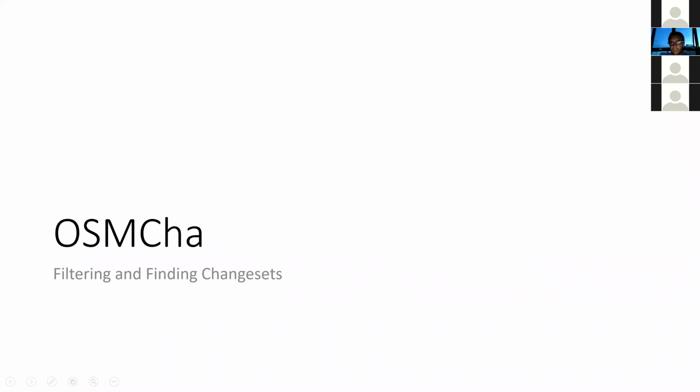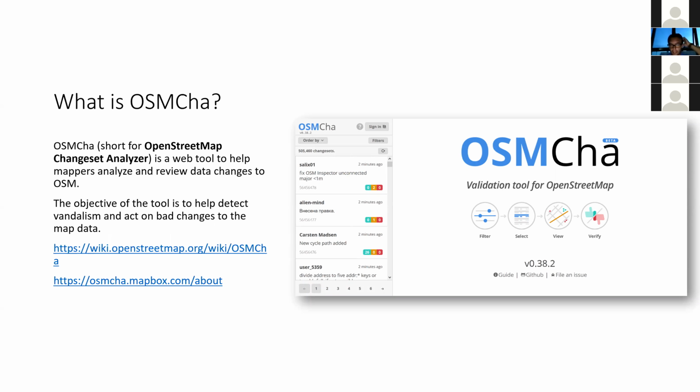So getting into our main topic today, or this evening, is OSMCHA and filtering and finding change sets using that tool. So OSMCHA, what is it? It stands for OpenStreetMap Changeset Analyzer, and it's a web tool to help mappers analyze and review data changes made to OSM. It was initially made by an OSM user in South America by the name of Willie, and I forget his last name, and